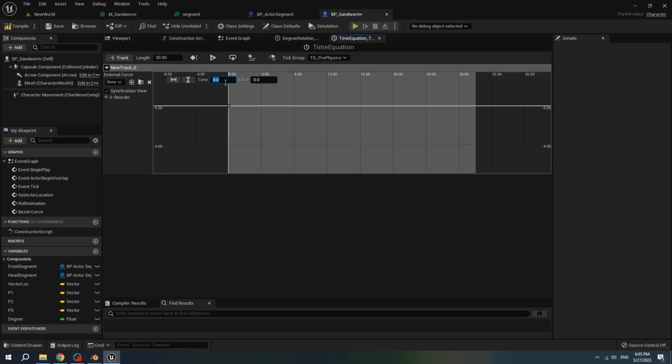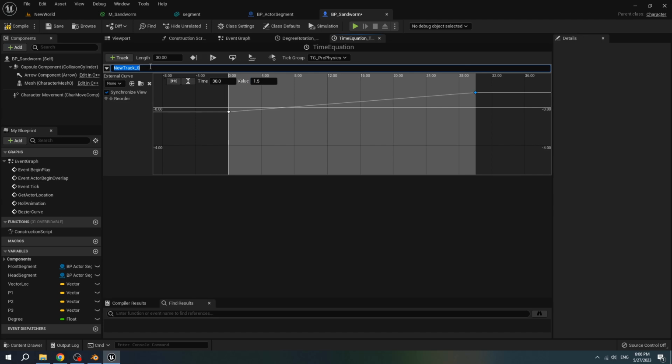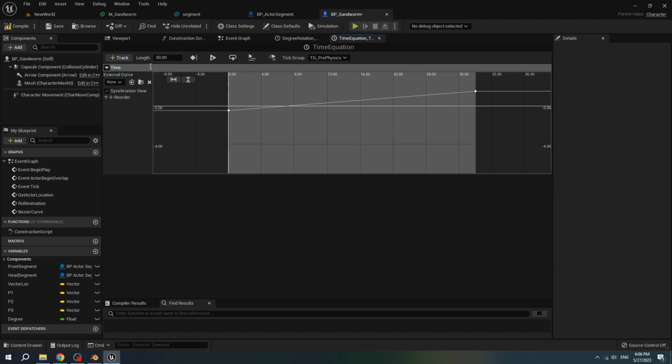The value is minus 0.5. And add time is 30. The value is 1.5. New track, rename it to time. We set time to minus 0.5 because we want the sandworm to start below the ground.